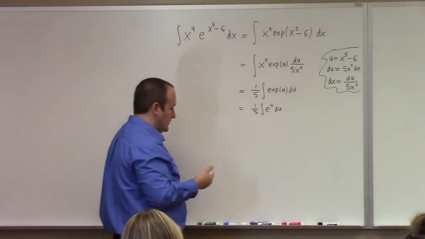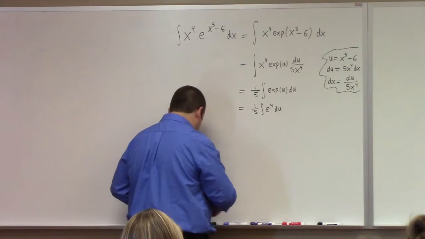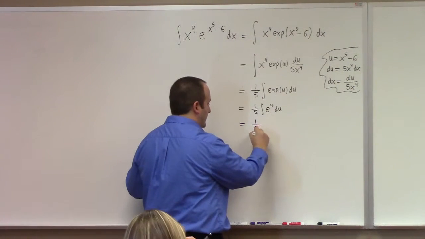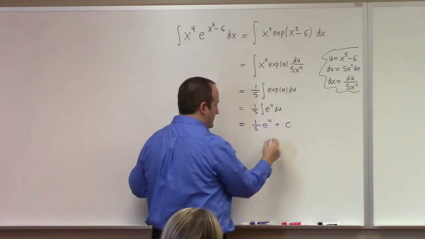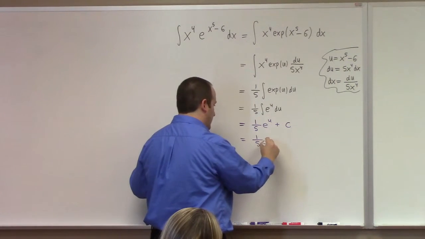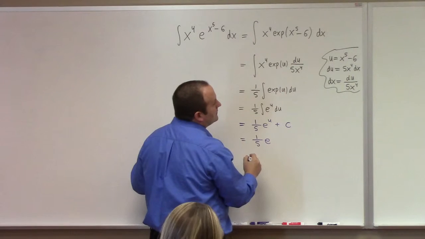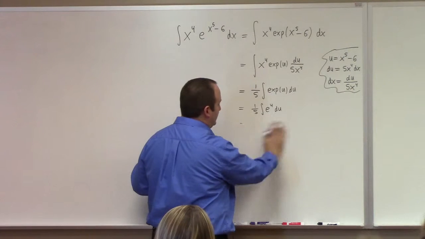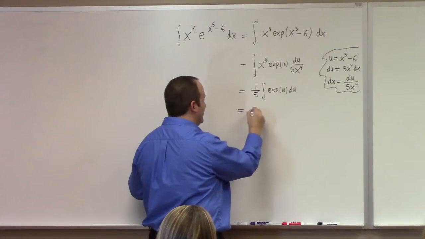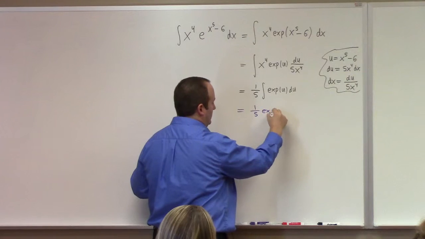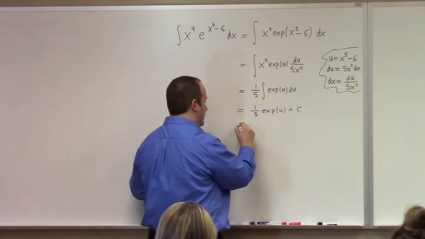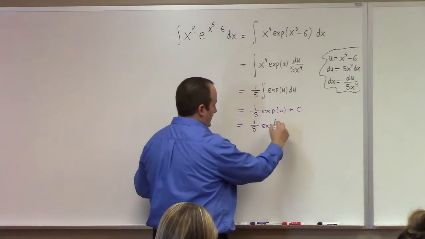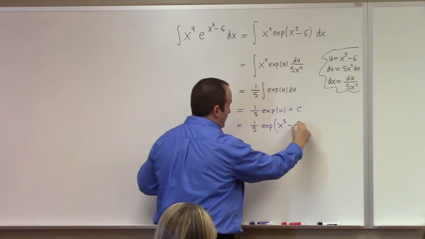Anyway, so what's the answer? Then we can integrate that, right? What does it give us? The integral of the exponential is the exponential, so I get e to the u plus a constant, right? And so that's 1/5 e to the... Let me stop being stupid. I know some of you are just going to copy these steps down without thinking. Let me make them better. 1/5 exponential of u plus a constant, right? And that is 1/5 exponential of x to the fifth minus 6 plus a constant.